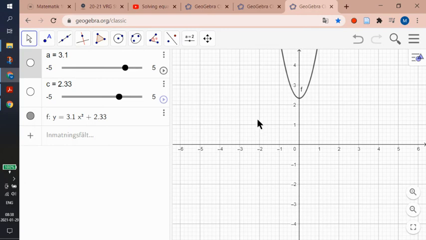In part 2, I'm going to talk about using graphs to solve quadratic equations, that is andragradsekvationer, and also talk about the zeros of quadratic functions, that is the nollställen